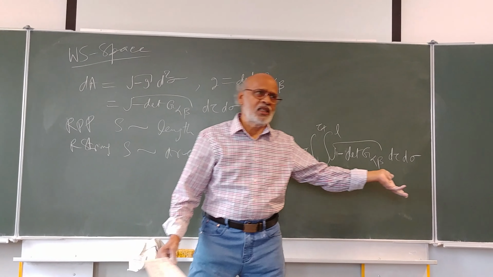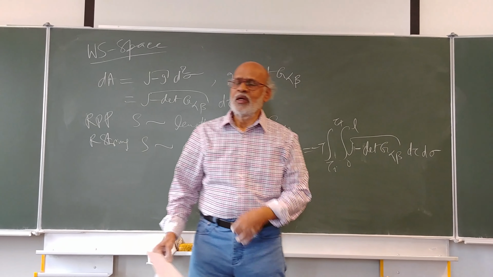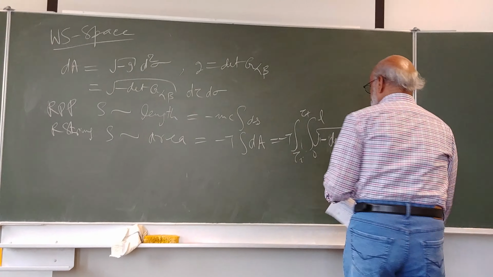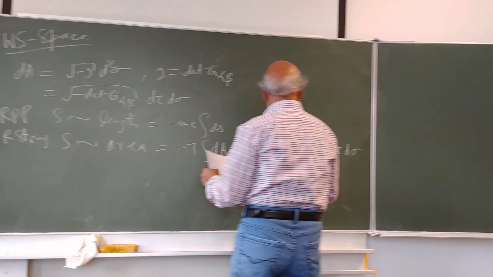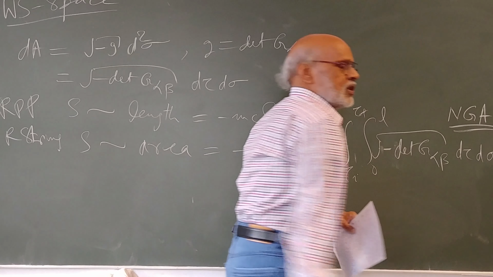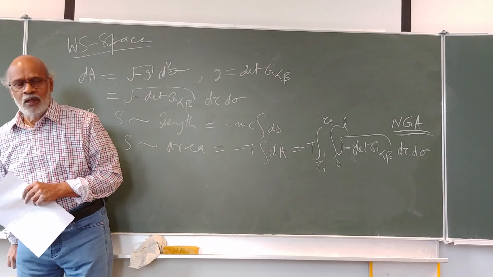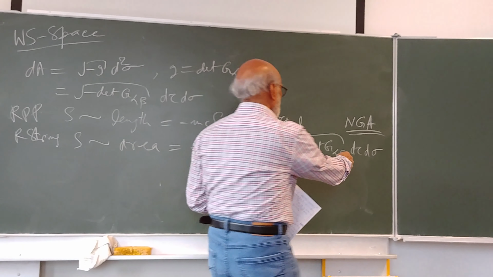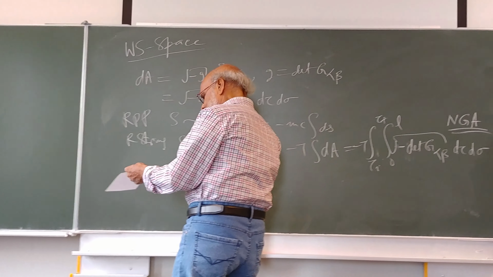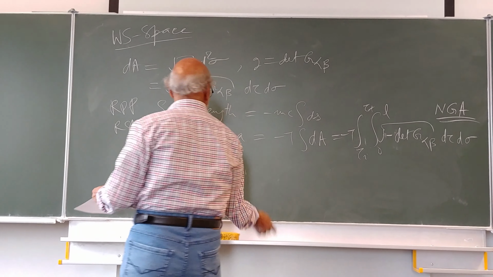Originally, tau and sigma are just two parameters, but we can identify one of them as the eigen time. So this is then, as before, the famous Nambu-Goto action. And if you would consider here the